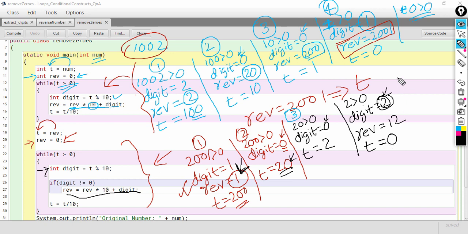Okay. And then we check the condition here again. 0 greater than 0, condition is false, and we come outside this while loop. So the final value of REV is 12. The final value of REV is 12. And if you see, this is the required output, isn't it? For 1002, the output should be 12.